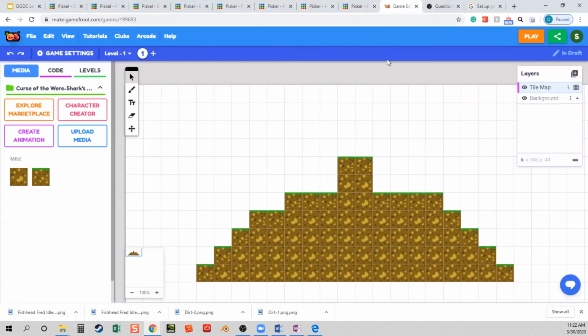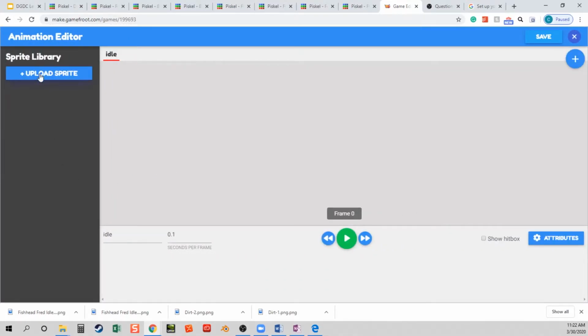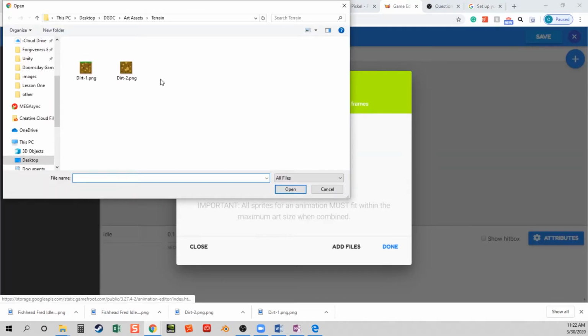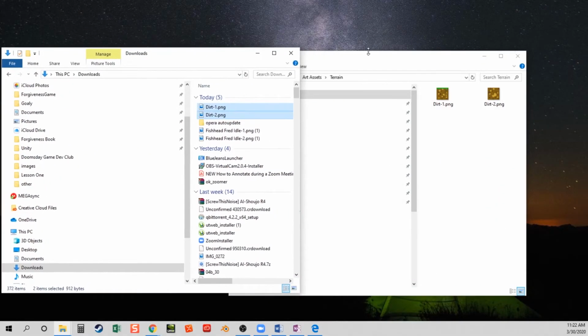And then I'm going to go back into Gamefroot. I'm going to choose create animation this time. I'm going to do a little something different here. I'm going to upload the sprite. I'm going to add the files just like I did before, but, oops, I didn't put it in here. So what I'm going to do really quick is, since I already have these folders open,